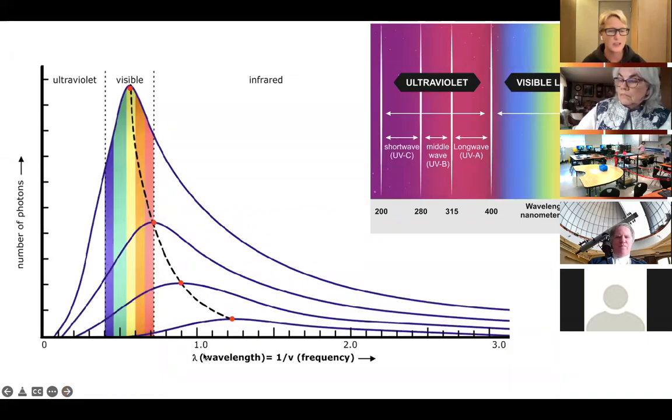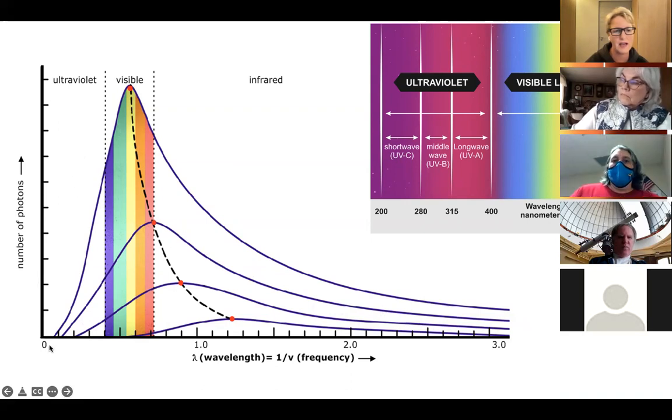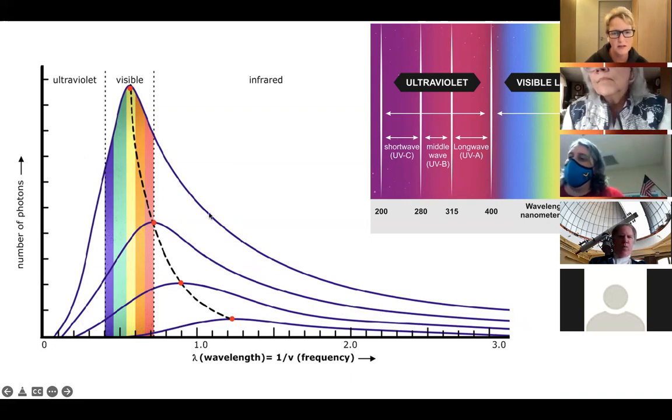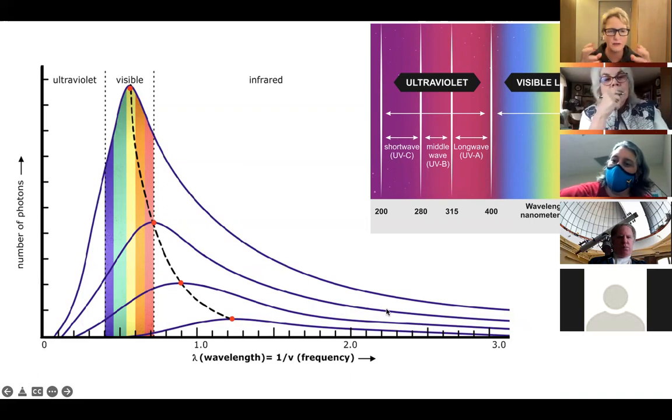So let's actually have a look at natural light. It doesn't only comprise visible light, sunlight. On the high energy extreme, we have ultraviolet light, and in the lower energy area, we have infrared light. You can see here that it's not a straight line. What we have is the number of photons that we're receiving, and the photons are really the packets of energy